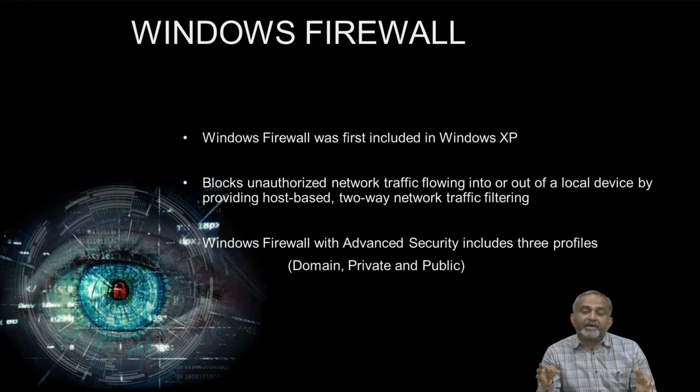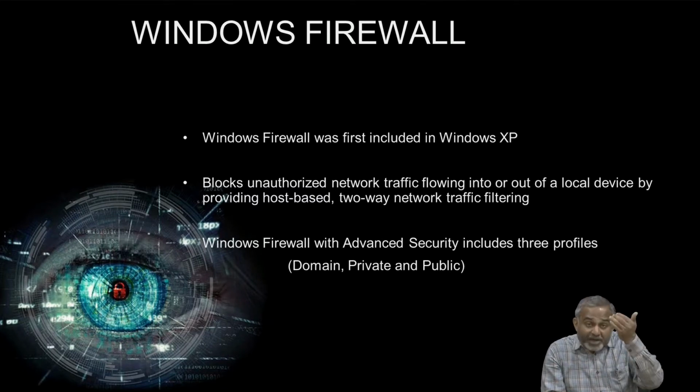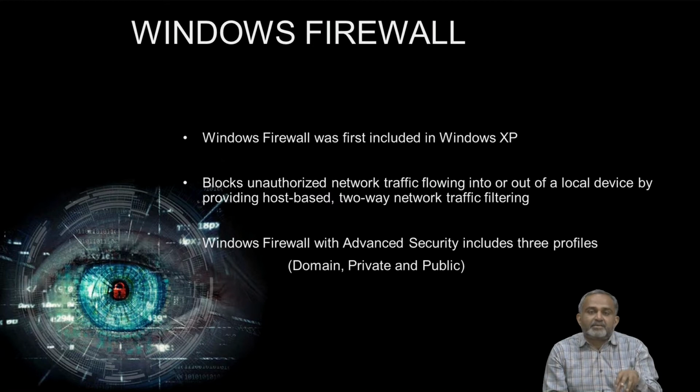and they check the packet according to the pre-configured rules. Rules are configured in a firewall, which means two-way monitoring, for the inbound traffic as well as for the outbound traffic. For both, the Windows firewall examines the network traffic and, based on the pre-configured rules, it may block particular network traffic also. Nowadays the Windows firewall with advanced security includes three profiles.